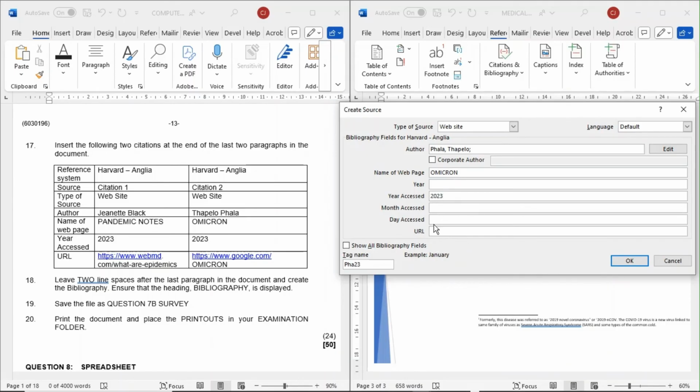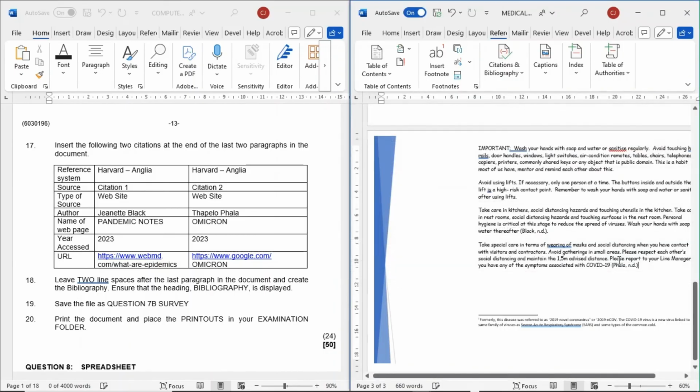And then caps off, france, caps on, Omicron. If you do not use the caps or the uppercase, you'll get the wrong marks for accuracy.